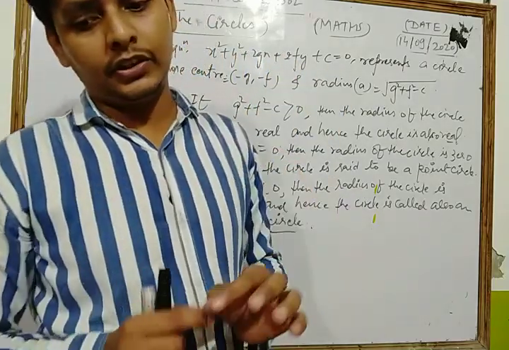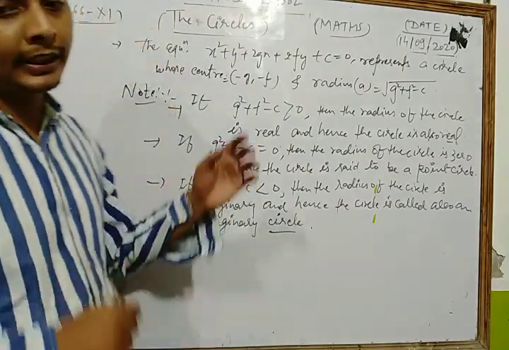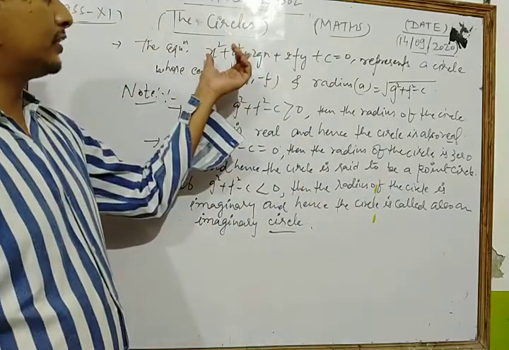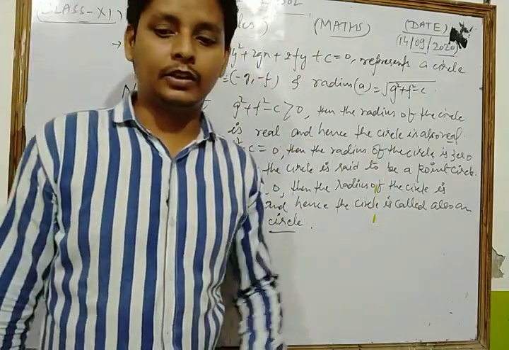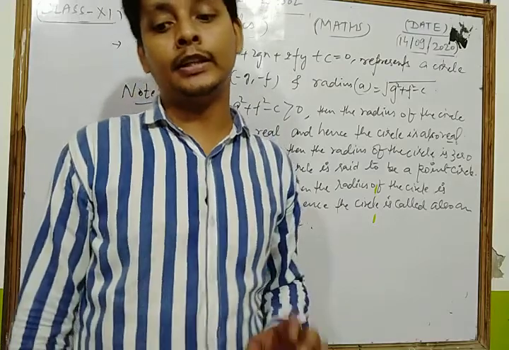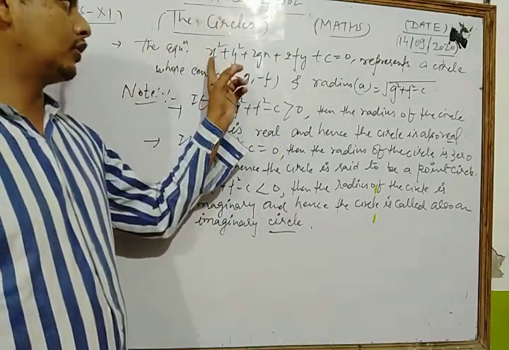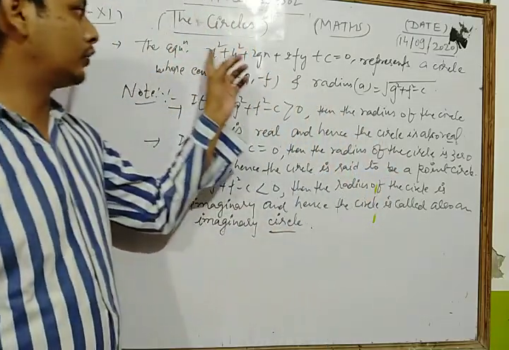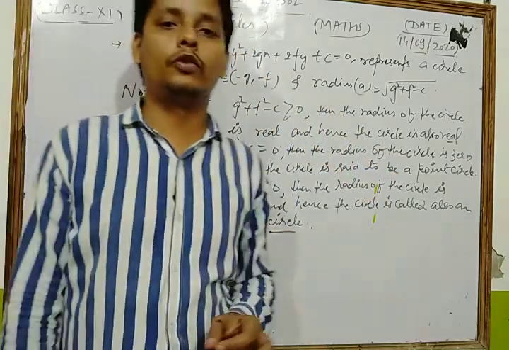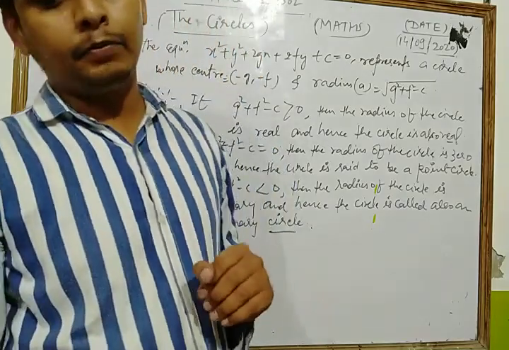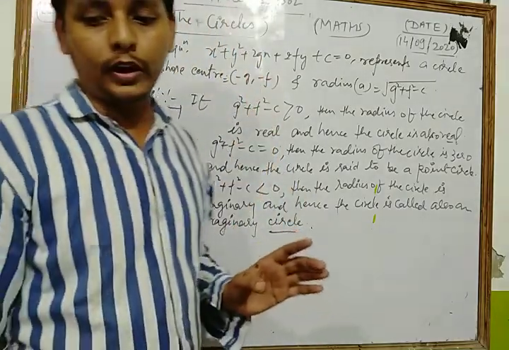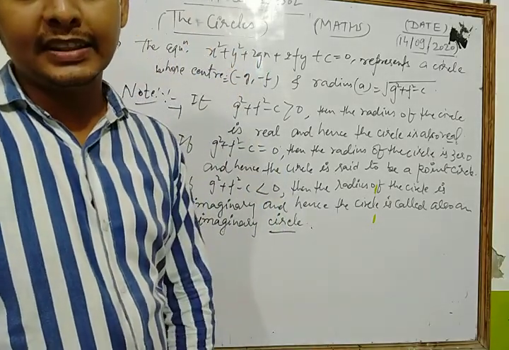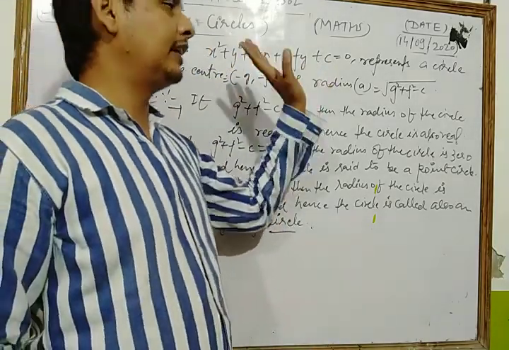In the special feature, dear student, it is a quadratic. That equation which represents a circle is always quadratic in both the variables x and y. Second important thing is that the coefficient of x square is always equal to the coefficient of y square. That is, here the coefficient of x square is 1 and the coefficient of y square is also 1. One important thing is that there is no term containing xy. So the coefficient of xy is always 0 and it contains three arbitrary constants g, f and c.